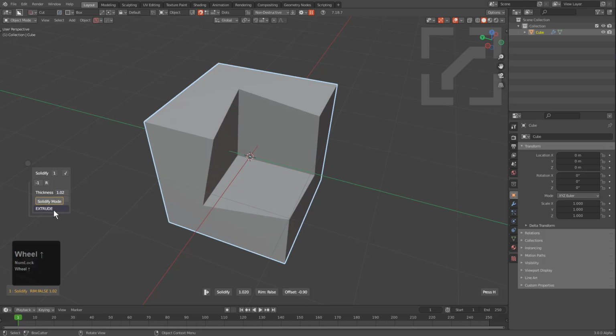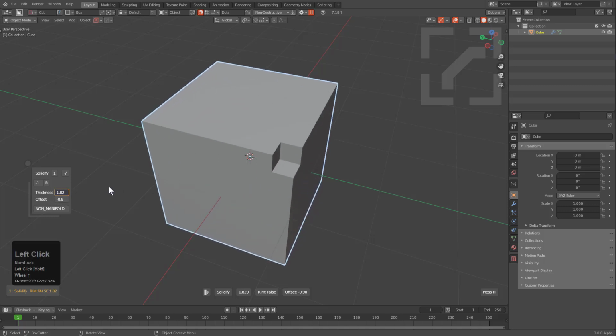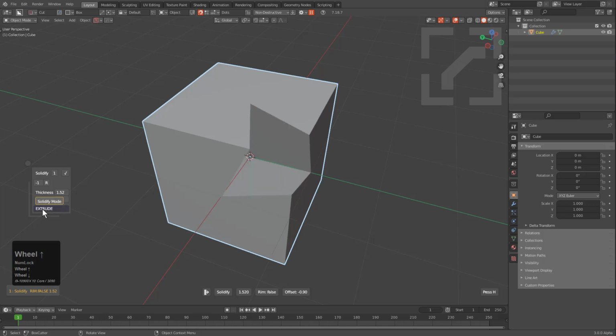But one of my favorite options to talk about is if we notice how the rim is just getting out of control, we can roll over the Solidify mode and jump between extrude and non-manifold, which is one of my favorite aspects about this new UI. So now we can actually give it any amount of thickness and the result will be at least more adequate than this. So just letting you know that Solidify now has the .ui